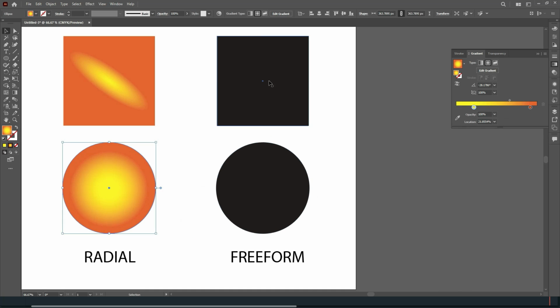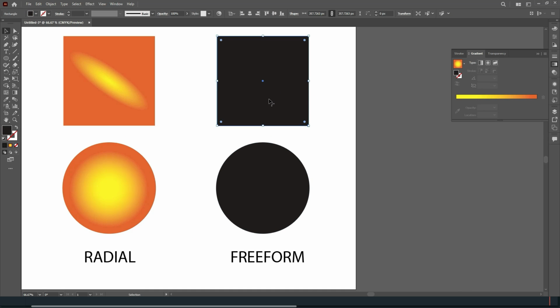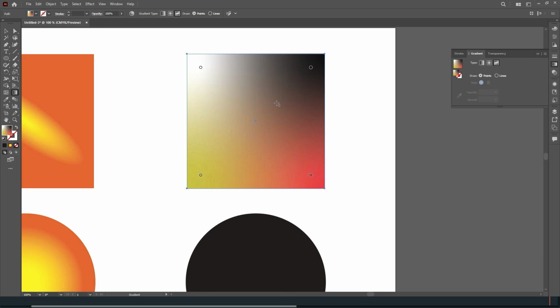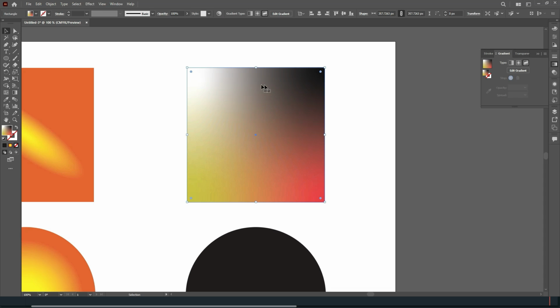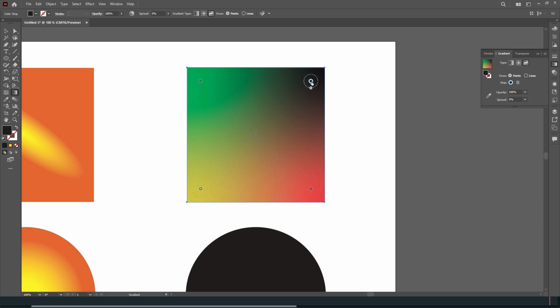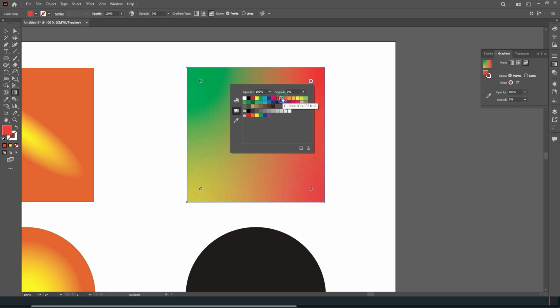So I'll go ahead and select the square right here, and then on the gradient panel I will click on the last one, the freeform, and by default we have 4 color stops or color points in here. So with the gradient tool, I can double click on each color stop to change the color to any color that I want. So when I double click on that, I can apply any color right here. Then I'll double click on this guy, and then same thing, change the color,